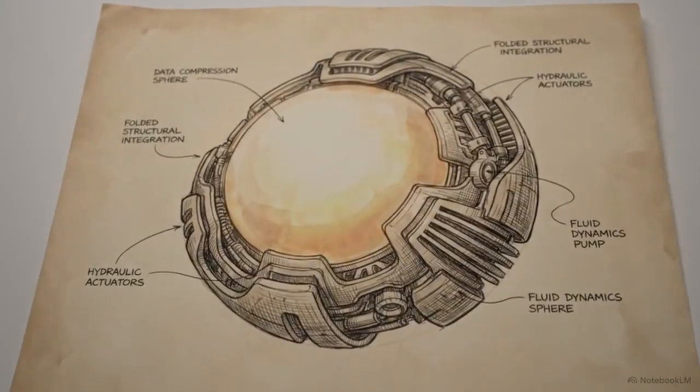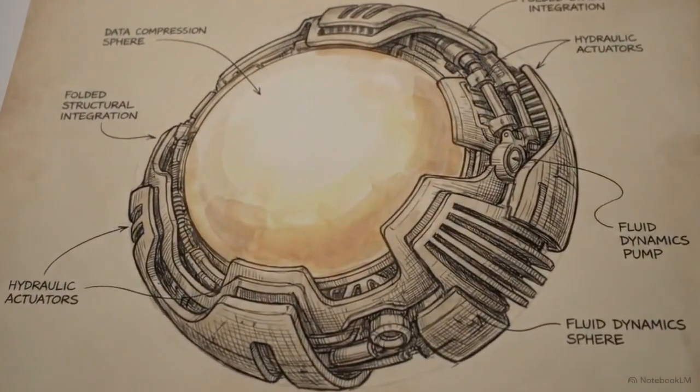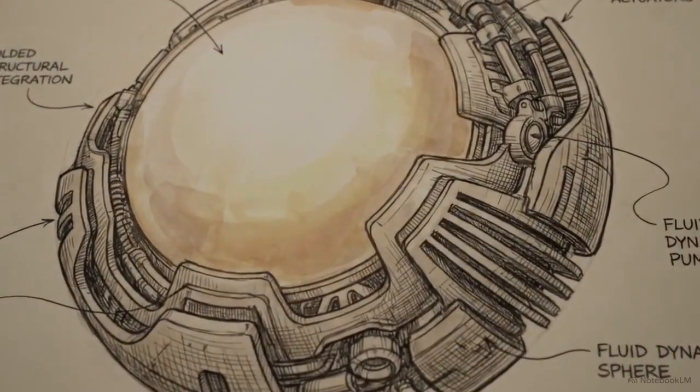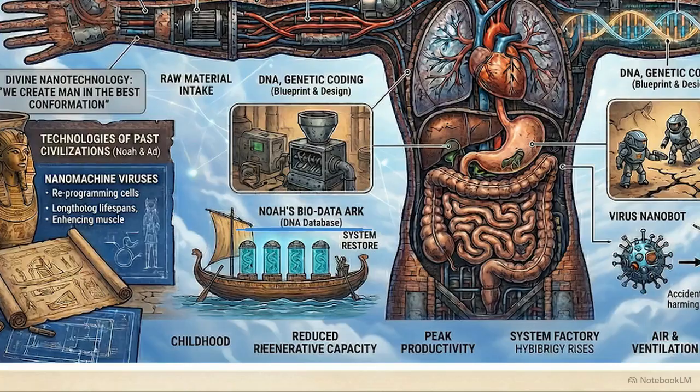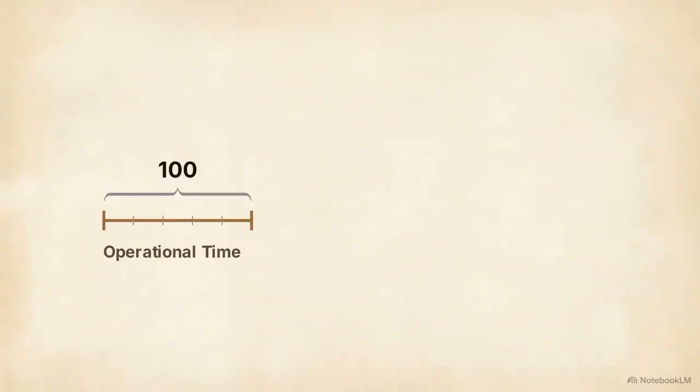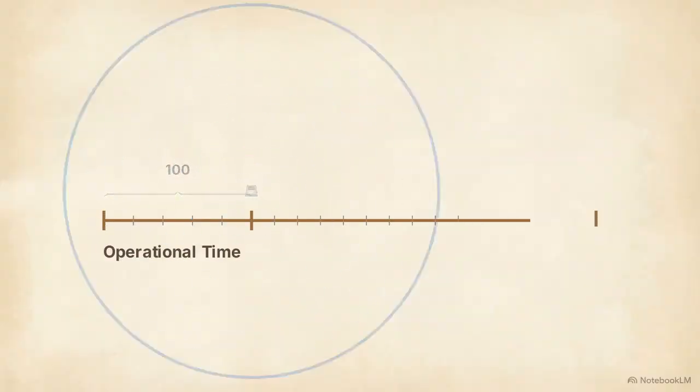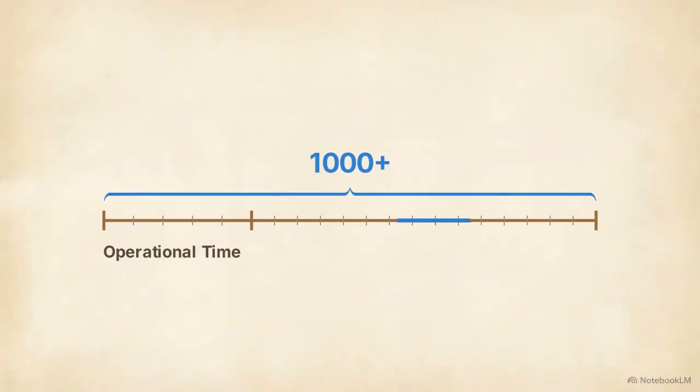Historical theoretical models from antiquity provide boundary cases for testing the absolute limits of this complex systems architecture. The NOAA protocol illustrates the concept of biological data compression during a total environmental shutdown. The engineering logic suggests that rather than saving the physical facility, the blueprints, the DNA, were archived for an eventual system restore. Theoretically, this level of data management allowed for lifespans that were not restricted by standard entropic limits.